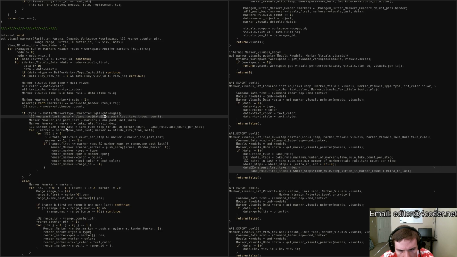Markers 1 past last, and so then we clamp to the smaller of the 2 of these. We clamp to the top, so that means whichever one of these, if this one overflows past this point, we use this one, right? To count is clamping this from the top, is the way to think about it. And then marker equals markers, stride size from last,